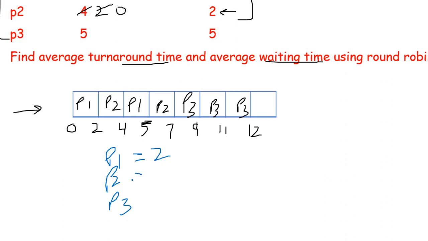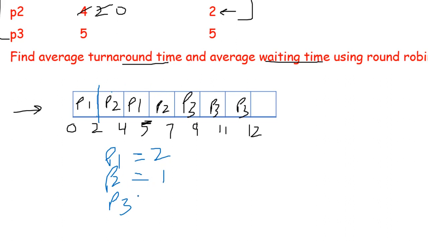Now let us check what is the waiting time of P2. First point P2 in Gantt chart. It is at location 2 and 4. Now at location 2, P2's waiting time is 0. Why is it so? Because its arrival time was 2. The moment P2 arrived, it was allocated a CPU. So its waiting time was nil. Now for location 4, its waiting time is 1 unit, 4 to 5, where P1 was executed. So total waiting time for P2 will be 1.